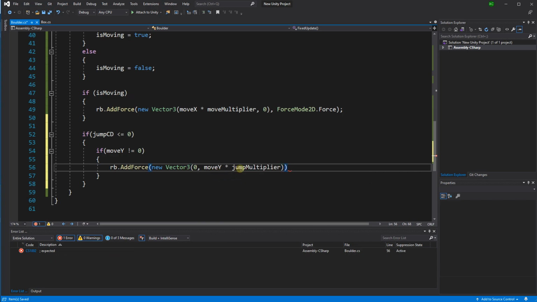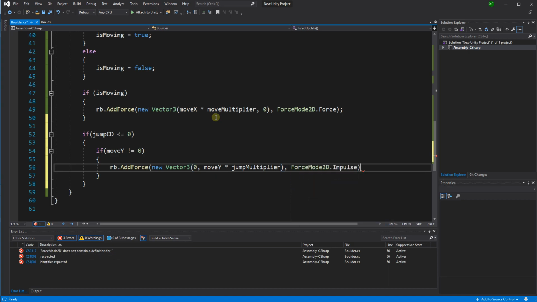Now, the reason that I didn't just reuse the move multiplier is because in most instances, you don't want to go as high as you want to go left or right, if that makes sense, right? For most people, they can run a lot better than they can jump into the air. So that's the same here. And then our force mode is going to be